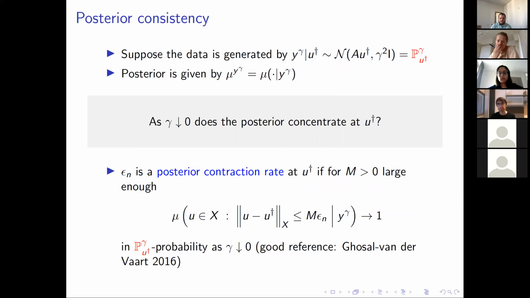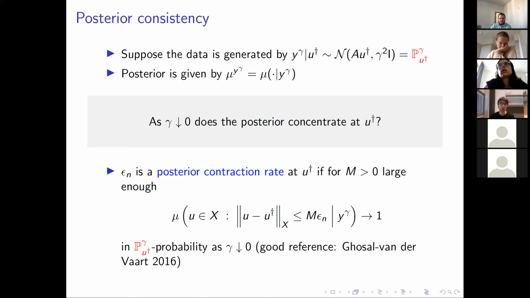Are we, with the Bayes method, are we somehow getting closer to the ground truth? And this is the question of posterior consistency. And then if you want to go further than just asking whether this consistency holds,